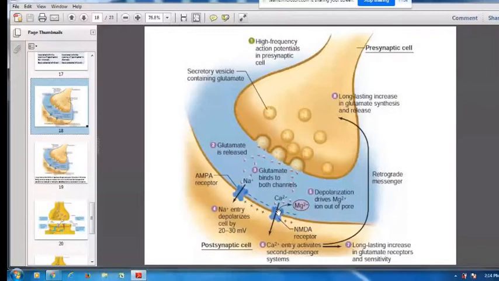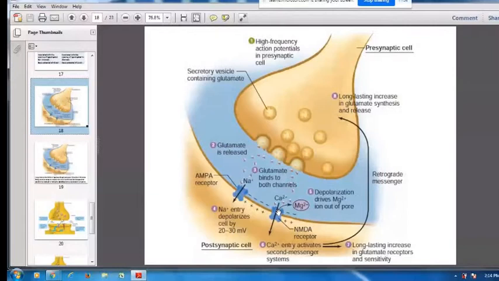Now we will come to your textbook, Ganong. You have to look at the pictures and flowcharts of your Guyton and Ganong. This is the most favorite of all your examiners, this picture. It looks complicated, don't panic, I'll simplify it. If you have understood the previous one, it's very easy to understand this one.